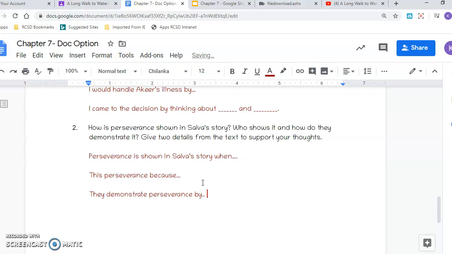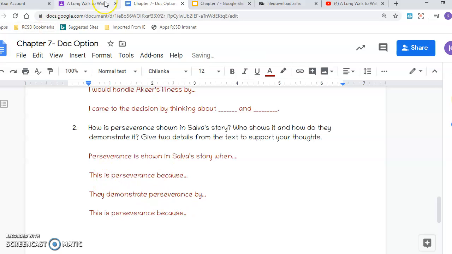There we go. I spelled it right then. I'm happy with myself. Okay. I demonstrate perseverance by. So you want to give me two details. This is perseverance when somebody does something. Why is that perseverance? And they demonstrate perseverance again by. And then you want to explain again. This is perseverance because, like each of your two examples there, you want to explain why that's perseverance. How are they not giving up? How are they showing grit? Okay. And I forgot my is in this one.